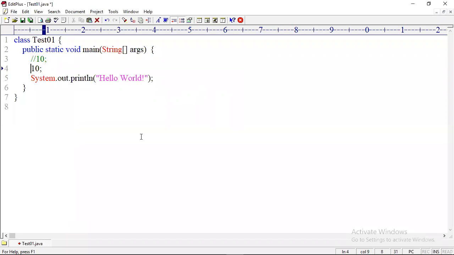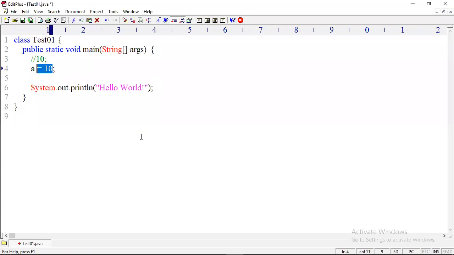Then you want to store the value first. To store a value, I need a variable. I'm taking an assignment operator. The variable name is a, the assignment operator, and the value 10. It is not Java, it is mathematics. In mathematics, if you want to store a value, you assign the value to a variable like this, right? Your math teacher might have told you a is called the variable, 10 is called the value. Okay, and is it compiled? In maths it is fine because in maths we do not have different types of values, but in Java we have different types of values, different ranges of values.